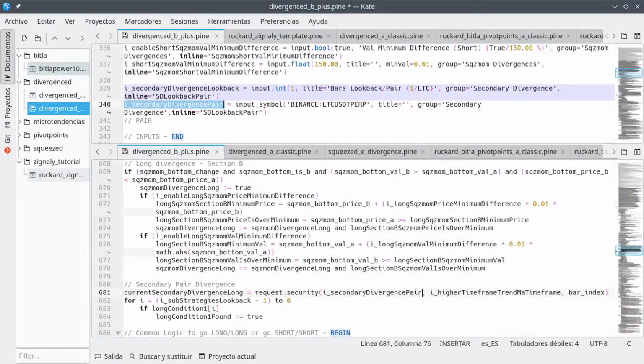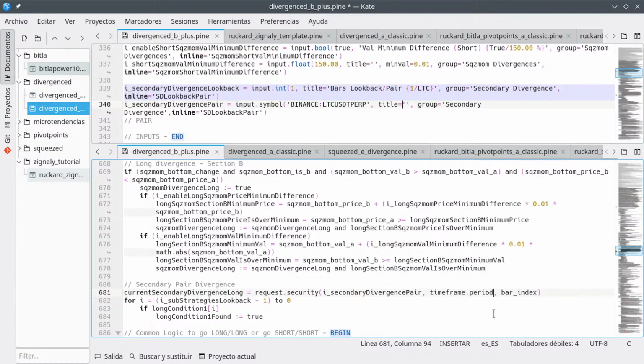Okay. So time frame period. Let me check. Time frame period. Yeah, so down here,